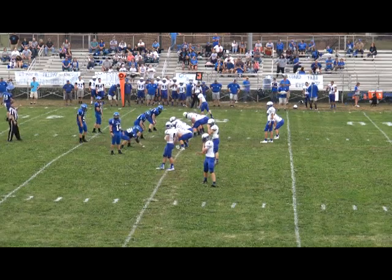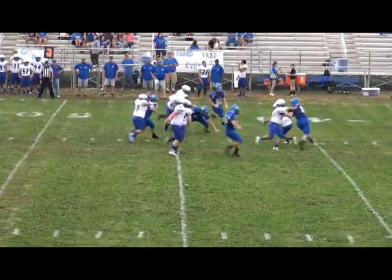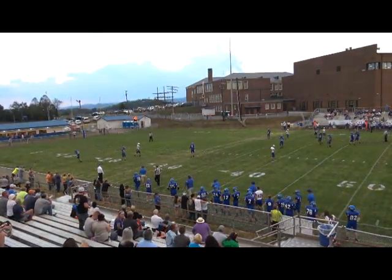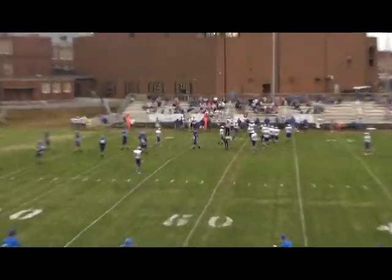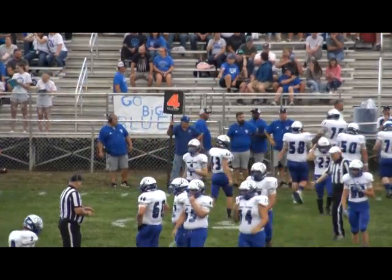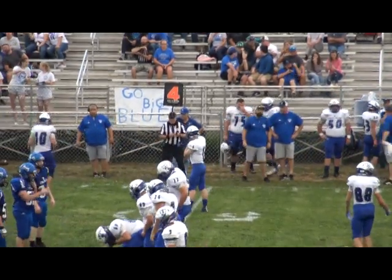Three wide receivers to the left, one to the right there for Thomas Walker. Kidwell drops back and he gets a pretty hard rush. He's opened up and he throws it in the crowd. That pass intended for Ely. He was double teamed by Castlewood, but the ball was thrown over everybody's head. So it's fourth down and Thomas Walker